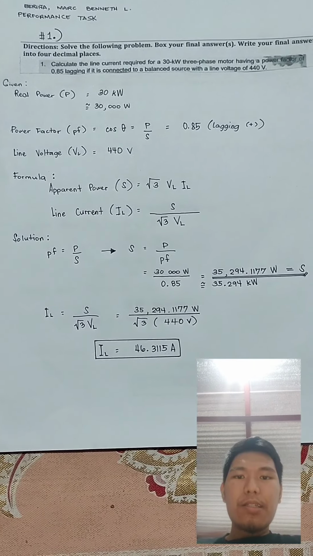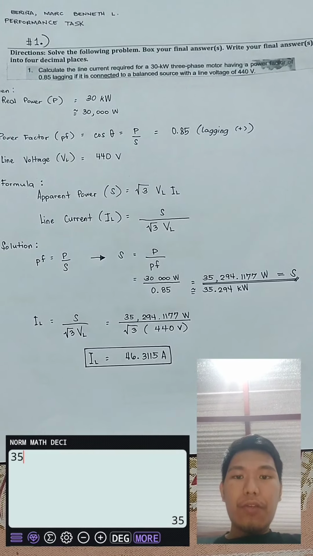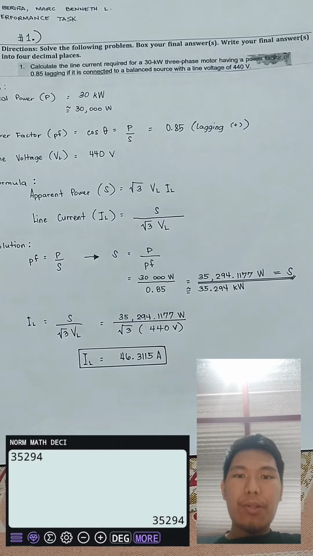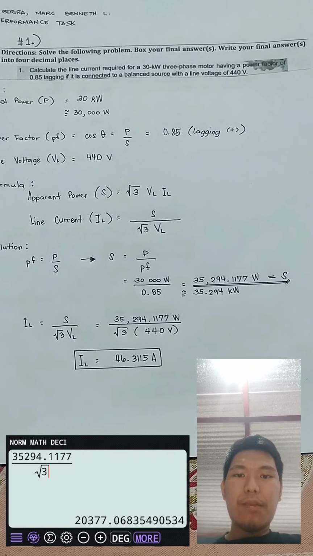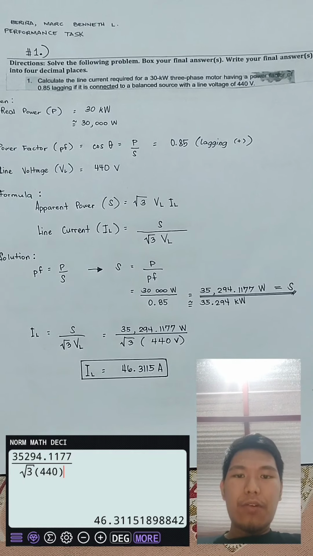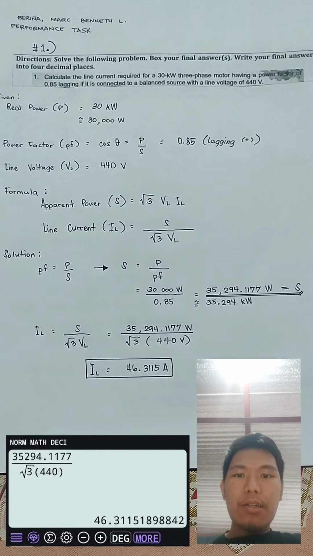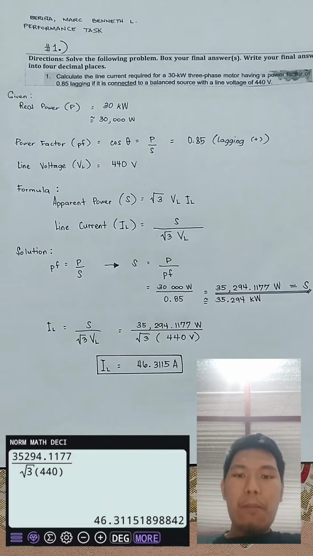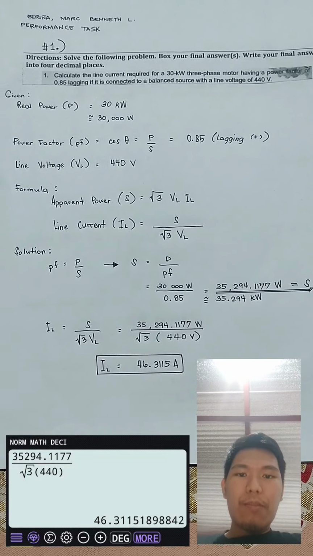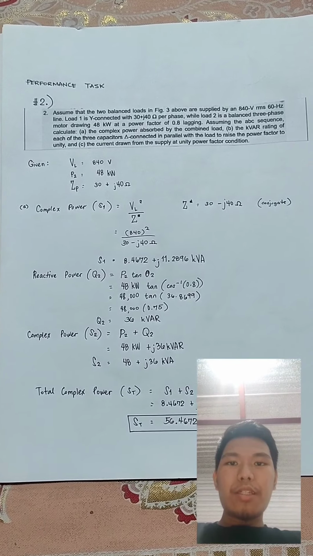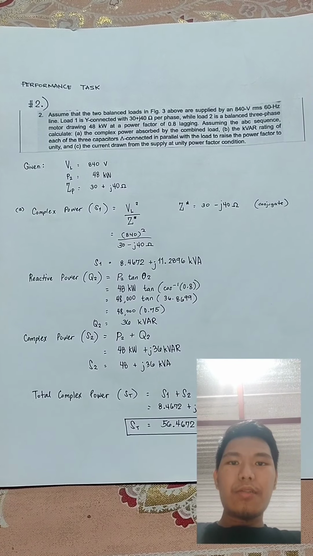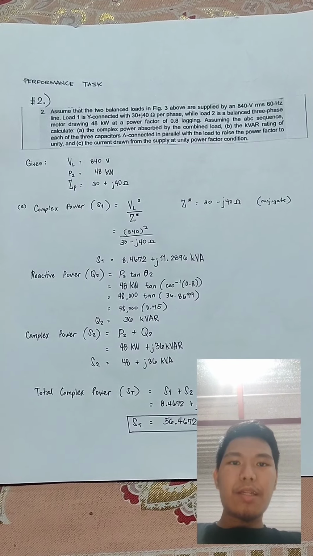VL. That is 35,294.1177 watts over square root of 3 times 440 volts. Our line current is now equal to 46.3115 amperes. In number 2, assume that the two balanced loads in figure 3 above are supplied by an 840